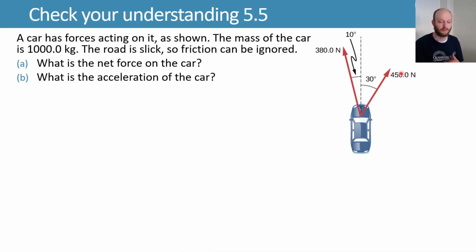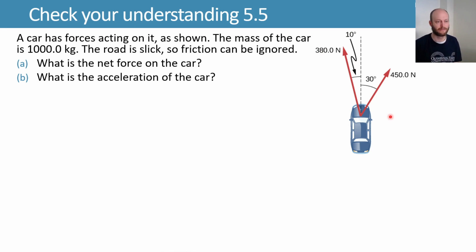Let's consider a car with these two forces acting on it, as shown in this diagram, with a certain mass of 1,000 kilograms. We're saying the road is slick, so we're not worrying about friction with the wheels, and we want to know what's the net force on the car, and then what's the car's acceleration. So to get net force, we need to add together these two forces, and then to get acceleration, we'll use